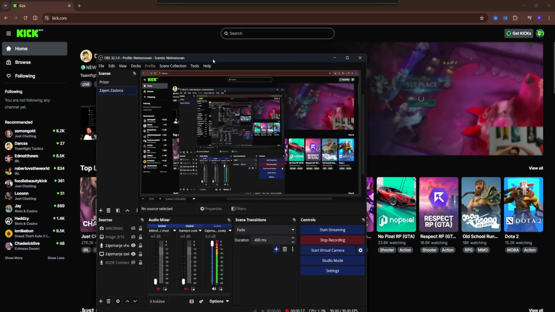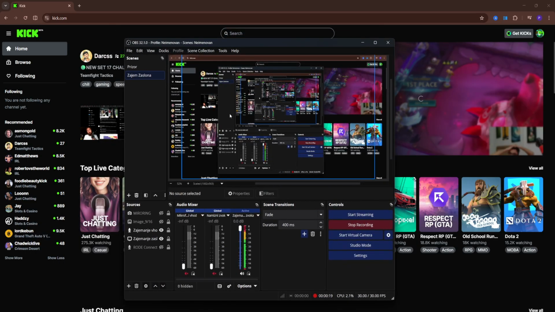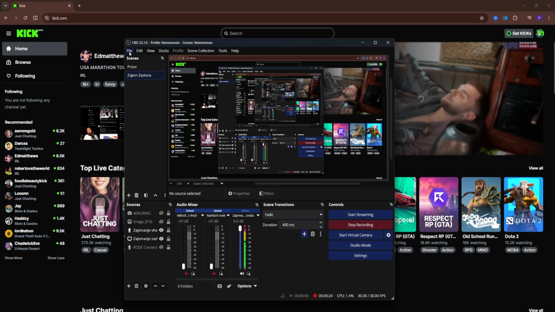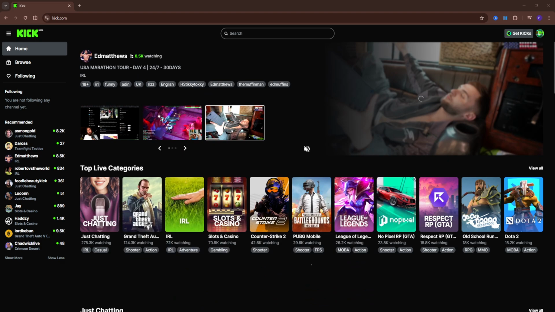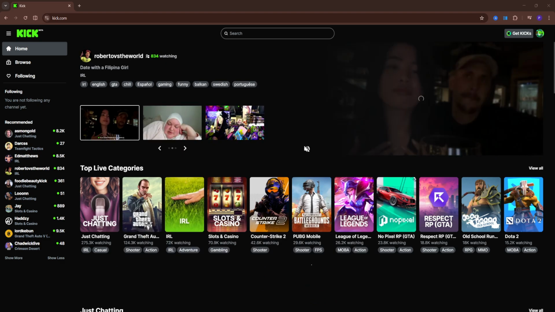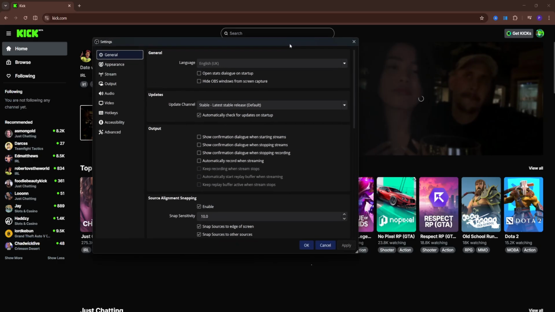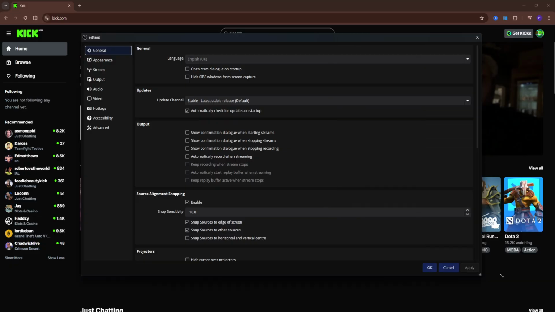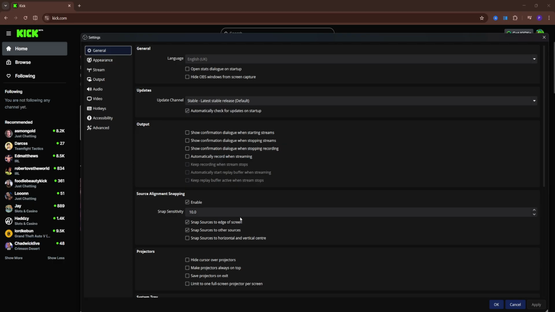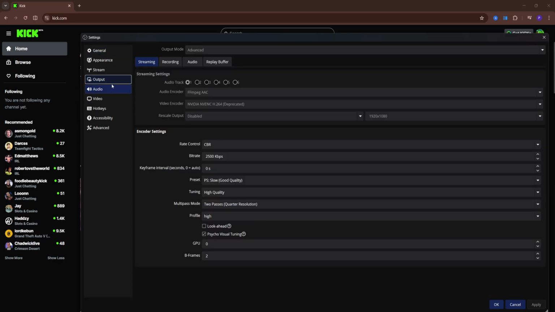Now head over first into OBS Studio. What you need to do is head over to the top left corner, File, and then to Settings. Open up these settings. Now what we need to do is head over to the Output tab and then Output Mode,